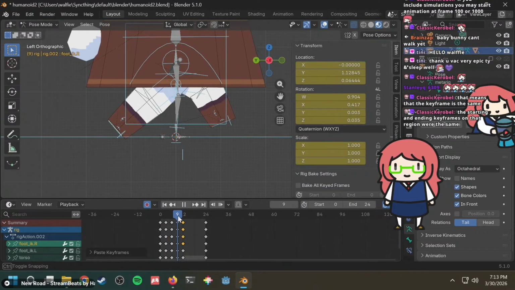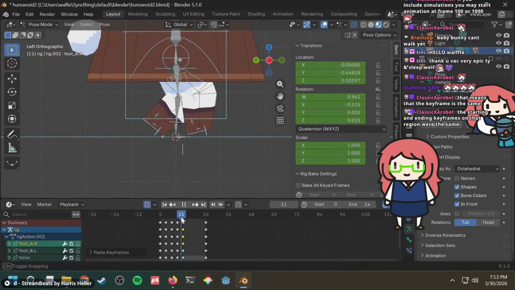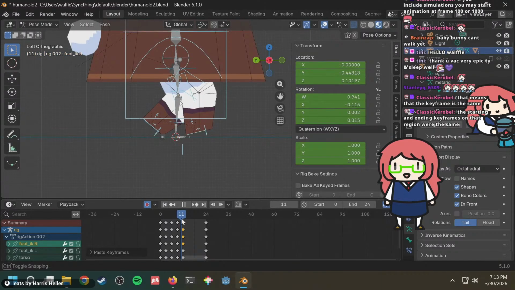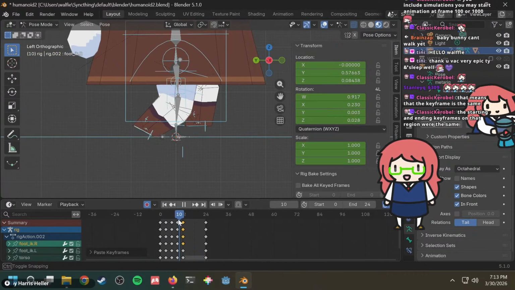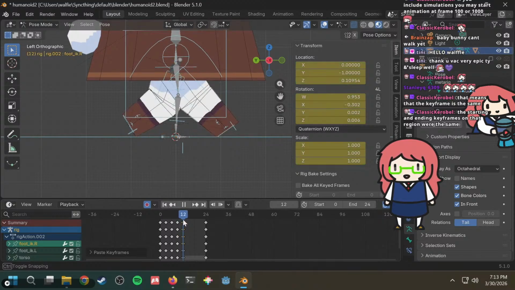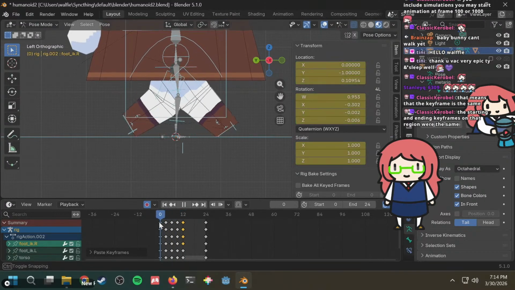Wait, whoa. Wait. Why is it just jumping? Shouldn't it do like a smooth transition between this and this? It's like a sudden jump.